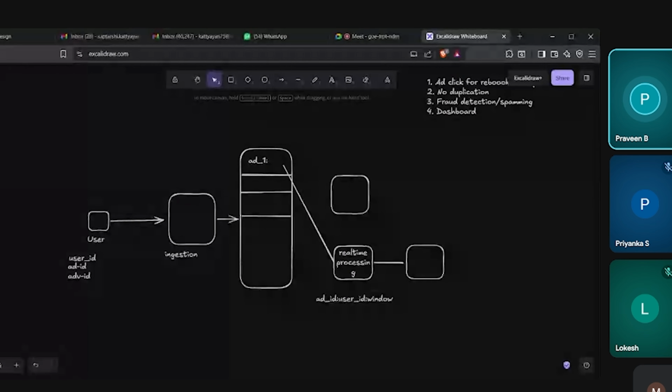We might get duplicate clicks entered into your real-time process, Kafka, and real-time processing. So how would you ensure the double click won't change the counter on the dashboard? Because after real-time processing, you're showing the data on your dashboard.